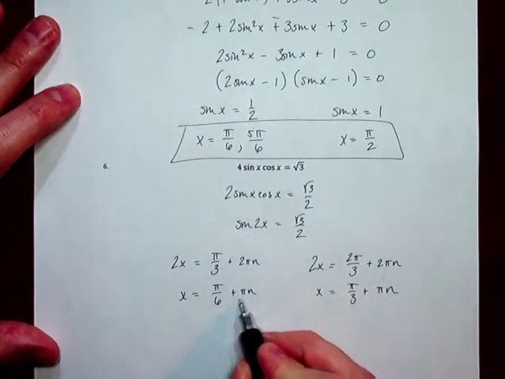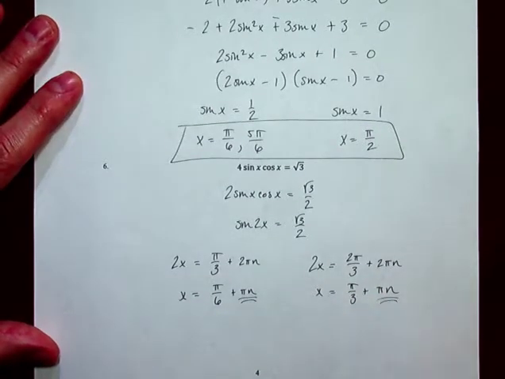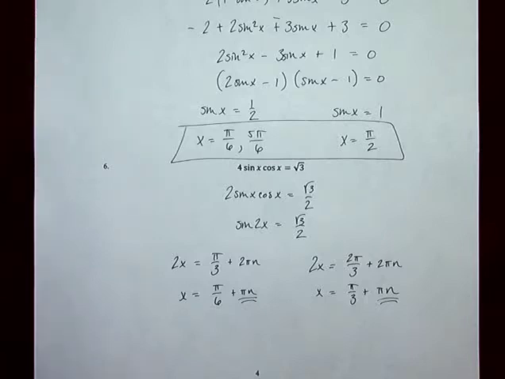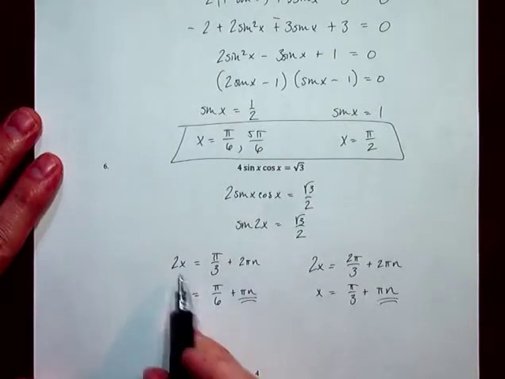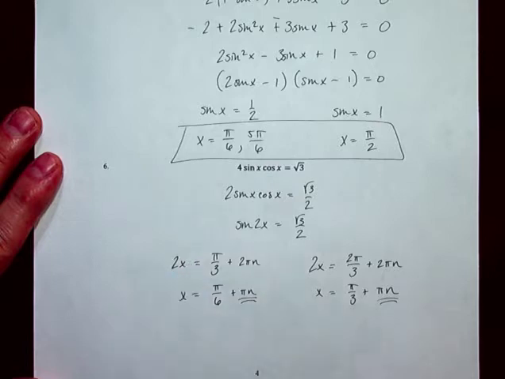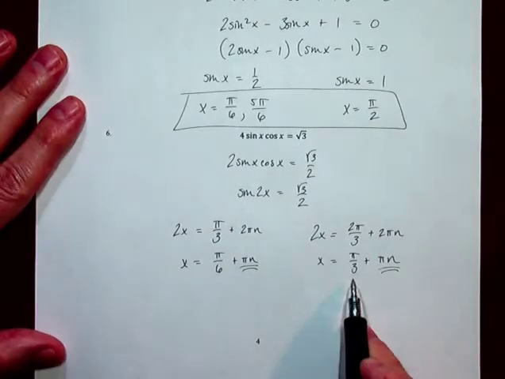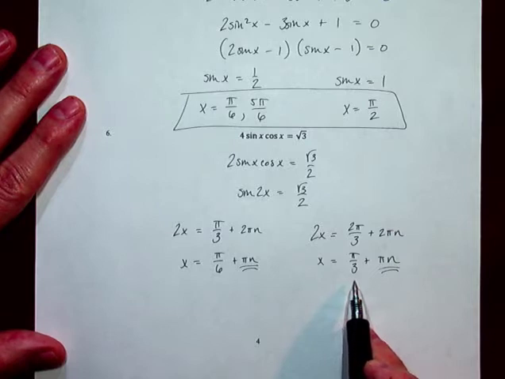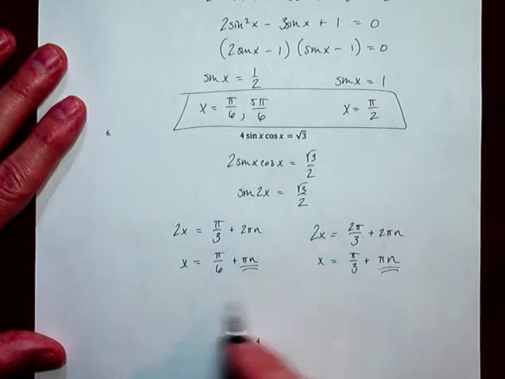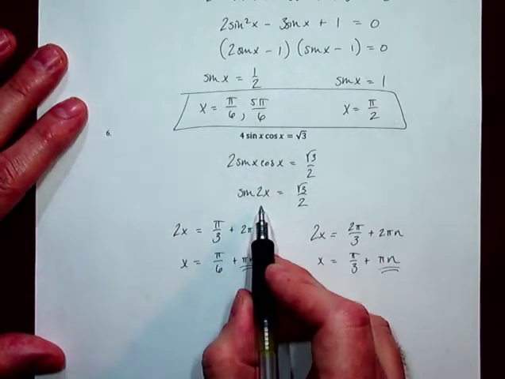But as this indicates, since there is a change in period, what happens is not only will pi over 6 satisfy this, but 7 pi over 6 will as well. Pi over 3 will satisfy this, but so will 4 pi over 3. And that's why I kind of go through and treat it, when there's a change in period, I treat it